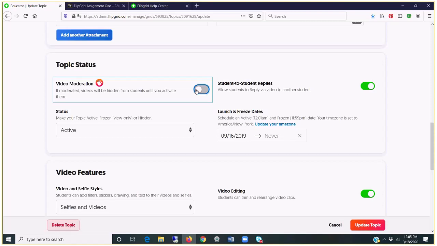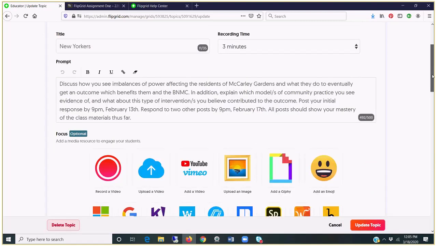That has worked out really well, and I get a lot of positive feedback about them not being able to see anyone else's until later. They understand that they would have been influenced most likely by other students, because it's much more difficult, which they all share, than it seems to talk about their core values. So those are two things that I want you to know about. And then I want to show you how I